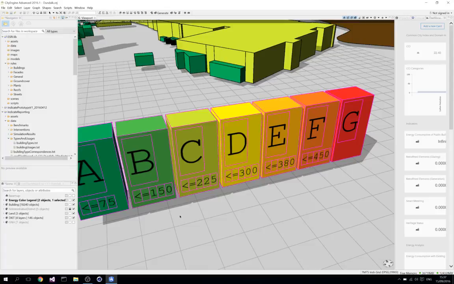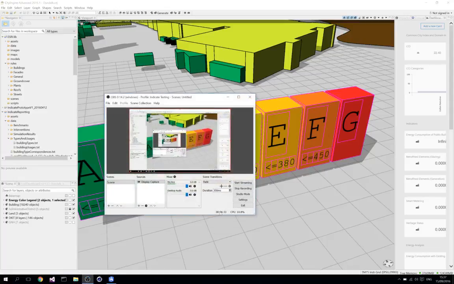So hopefully that's given you a bit of an introduction to how to navigate, how to select, and the layers within the Indicate model. The next one, I'm going to have a look at how to change the visualization of building use and the